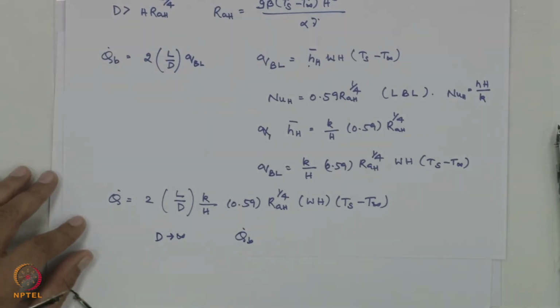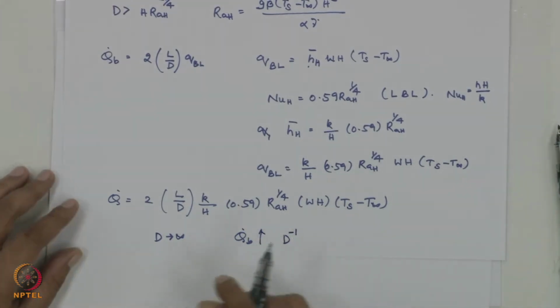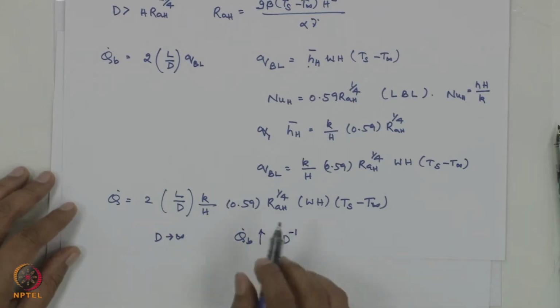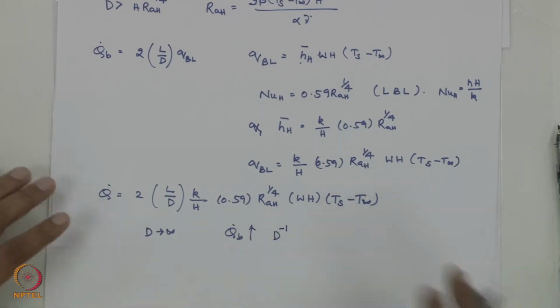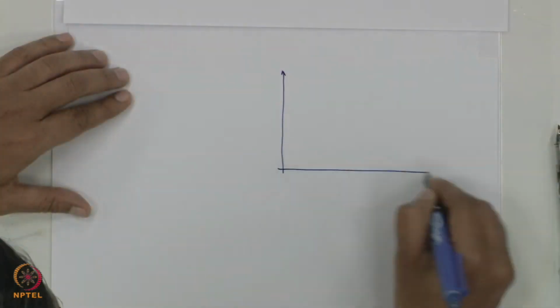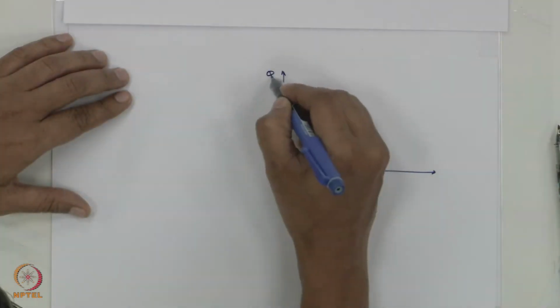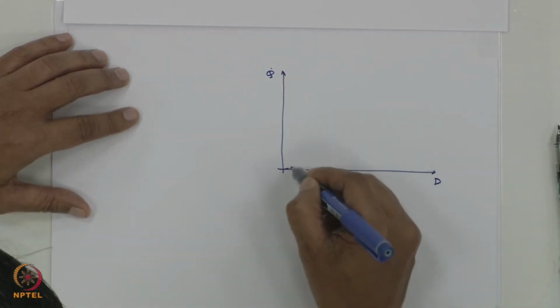If you just see, Q dot B increases as D to the power of minus 1 with the increase of the D to the power of minus 1, or with the increase of the D. So now if we come back, if we plot this, whatever we have gotten, that is Q dot A and Q dot B. So this is Q dot versus D if you plot. So Q dot A,